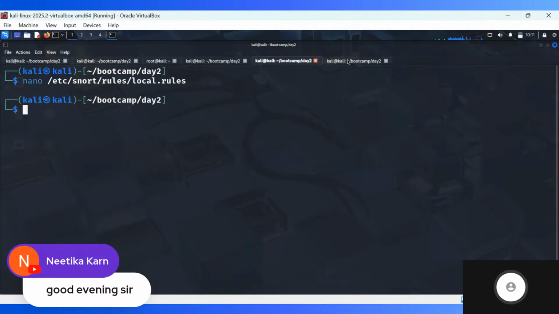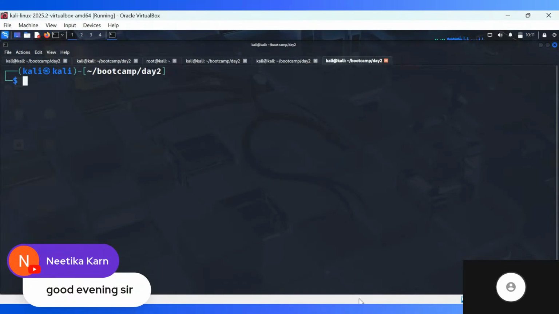Okay, now what we're gonna do is we're gonna move ahead from this. Exactly, the scanning was blocked by the firewall because we're sending requests to the firewall. That is completely correct.